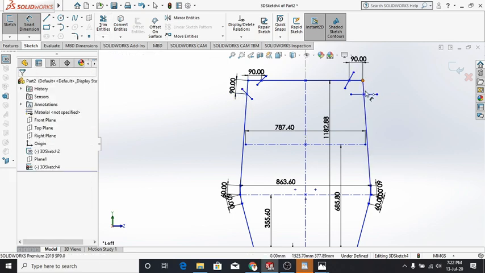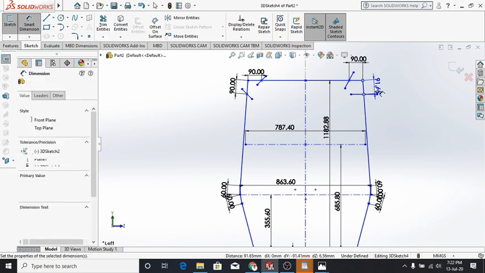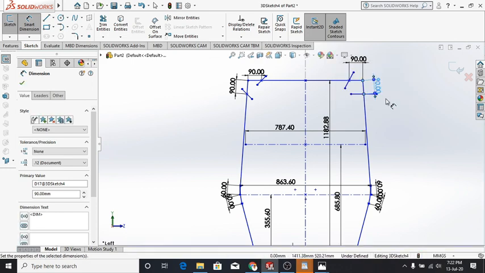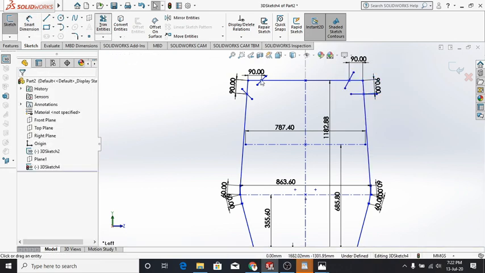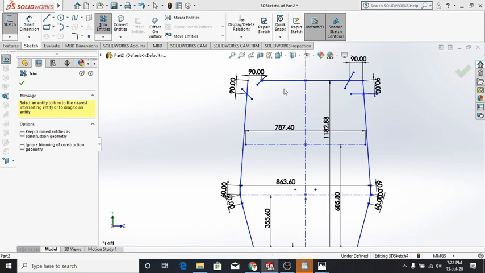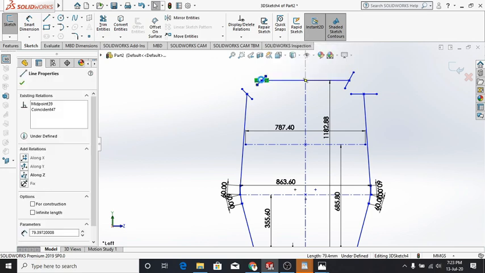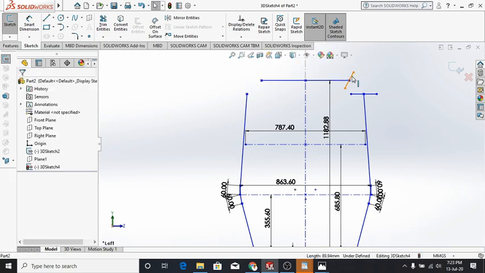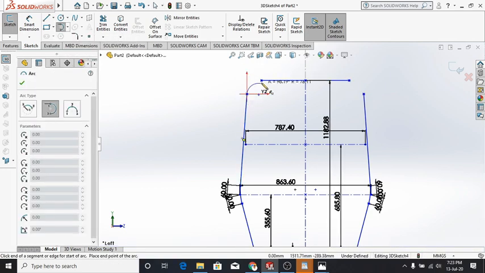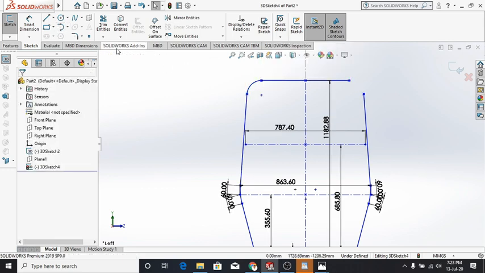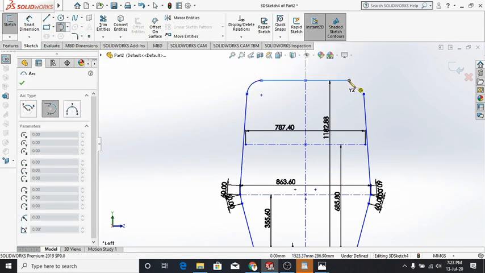This is a way of filleting, but in my experience I have found fillet has been causing a lot of irregularities after many iterations. So I found this very useful feature, the tangential arc. Here I'm cutting this length of the tube according to how much I want, and let me put in a tangential arc here, just like this. This is very helpful in making that.